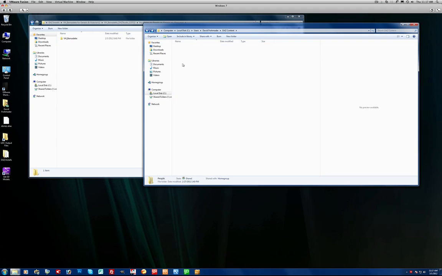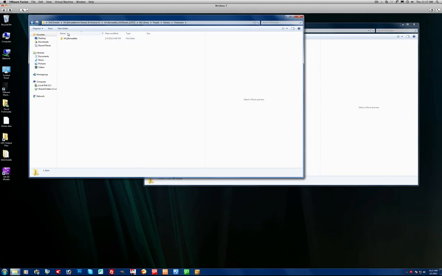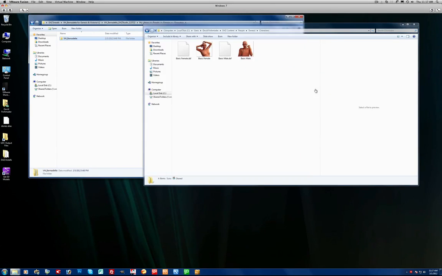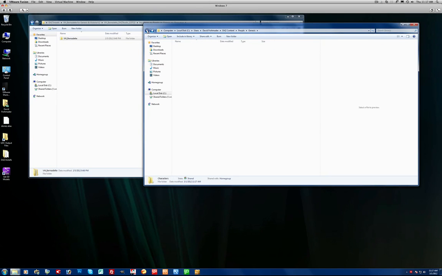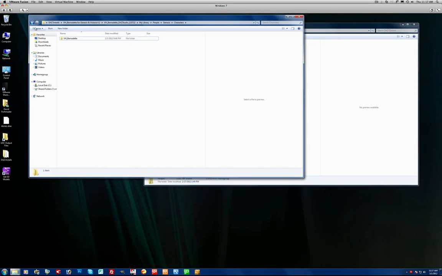And we're going to People, Genesis, Characters, and we will drag this folder over here and copy it. And finally,